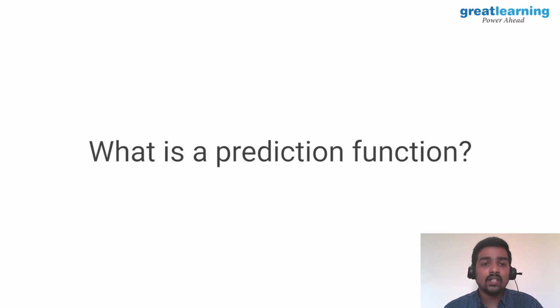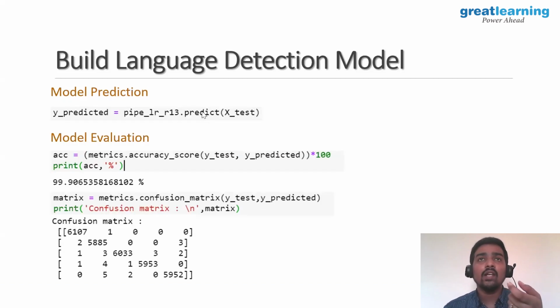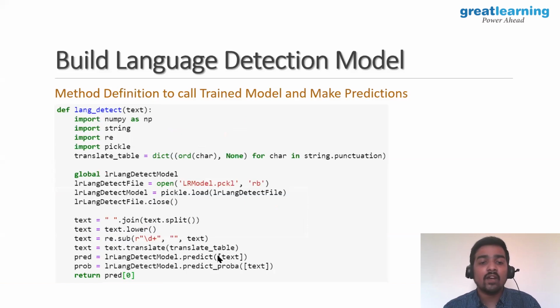If you see what this prediction has done here, if you know the sklearn package, we have fit and predict. So what is predict doing? Predict tells me which class it belongs to. Also, in the function I have defined, I have used both predict and predict probability. Predict gives you which class it belongs to, whether English or German. It might be class 1 or class 0, because we normally convert these classes into labels, so English will be label 0 and German label 1. It will predict which label it belongs to.